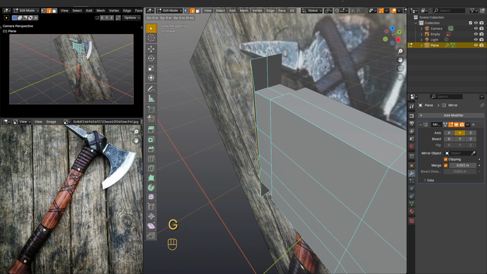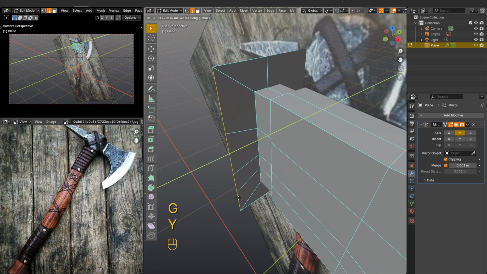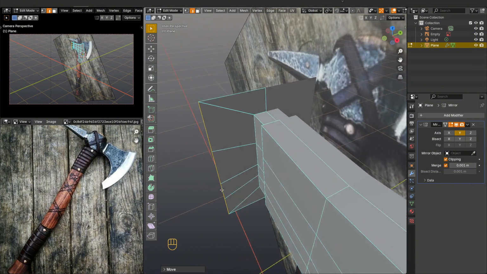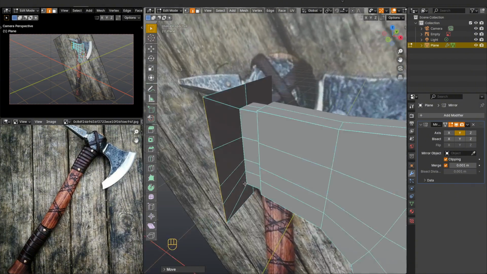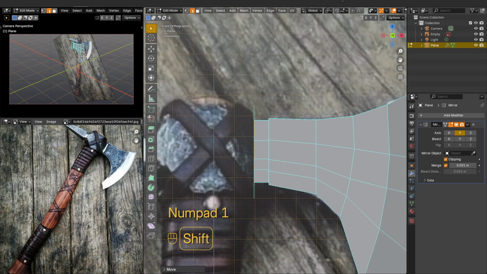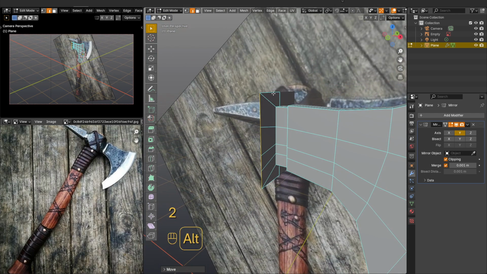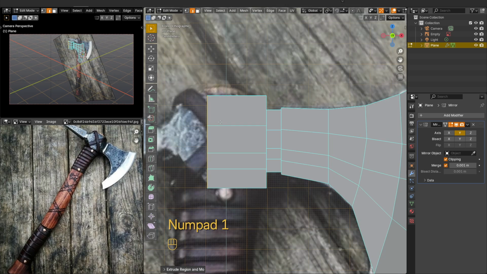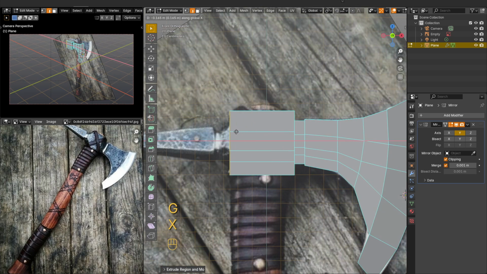Now select vertical edges and move them along the Y-axis to make it look more like a square. Thus, we will now model the central part of the axe. Now press 1 on our keyboard, switch to the side view, and extrude the edges along the X-axis to the left. We are guided by the reference. The model should not be super identical, but similar enough.